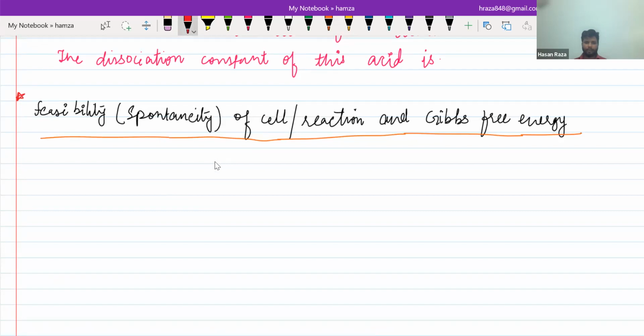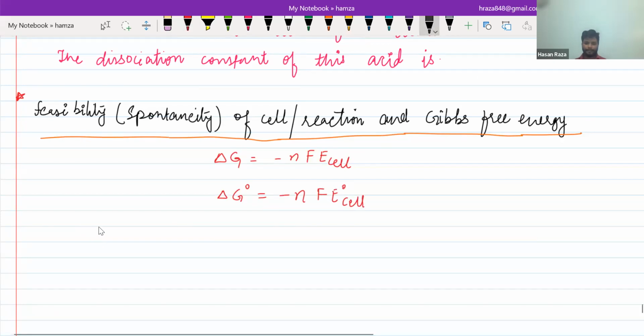So here we have a formula: delta G, that means change in Gibbs free energy, is equal to minus nFE cell. Either we can write this or delta G naught, that represents the standard Gibbs free energy. Change in standard Gibbs free energy will be equal to minus nFE naught cell. So I'm going to write where